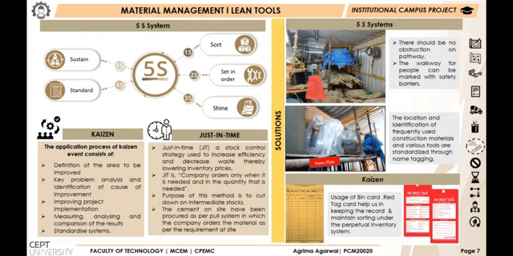We propose the Kaizen system for material management. Kaizen helps the store department easily access the material. Under this, we propose red tag because it makes the sorting process more visual and easier, and one can keep track of items that are unnecessary. Frequently used construction materials and various tools are standardized through naming and tagging. Also, another tool, just in time, is a stock control strategy used to increase efficiency and decrease waste, thereby lowering inventory prices.